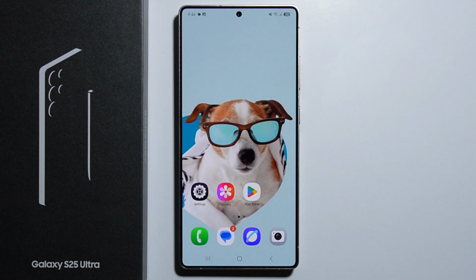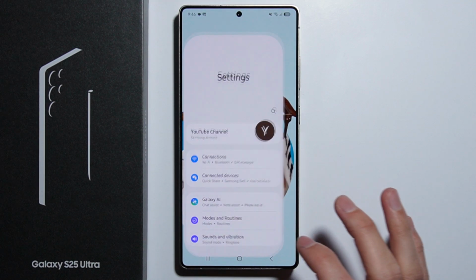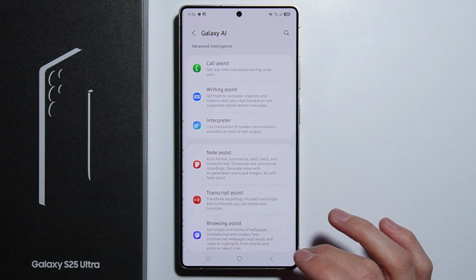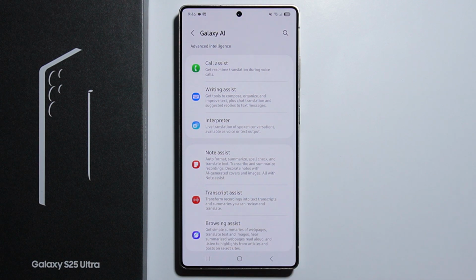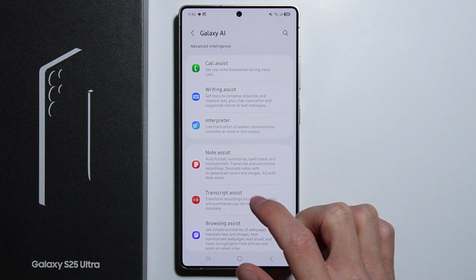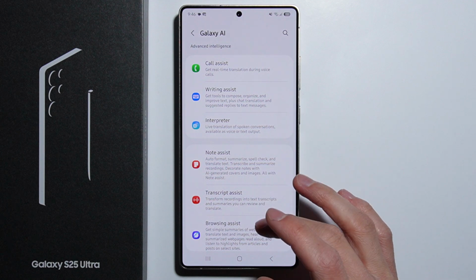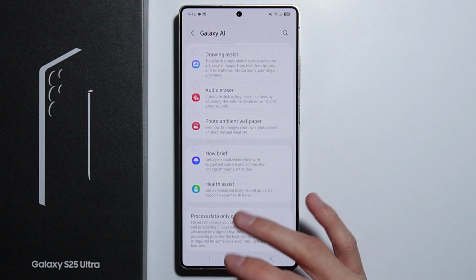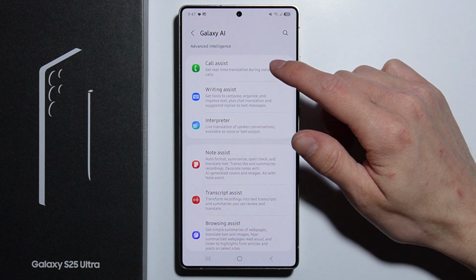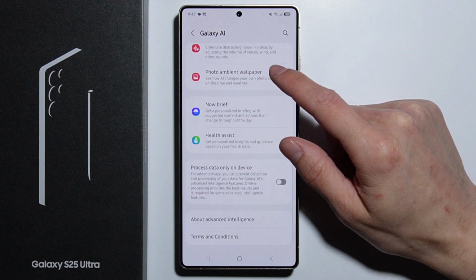Hello. To turn on or off AI on your Samsung Galaxy S25 Ultra, first of all you have to go into the settings. From here, go into the Galaxy AI, and if you're doing it for the first time, you'll actually have to log in using your Samsung account, and after you do this, right here, this is the menu we're being forwarded to,